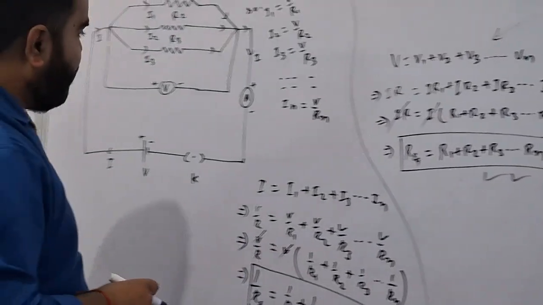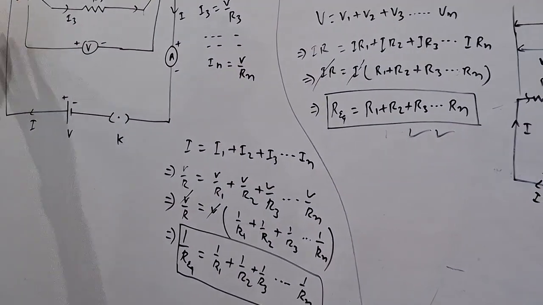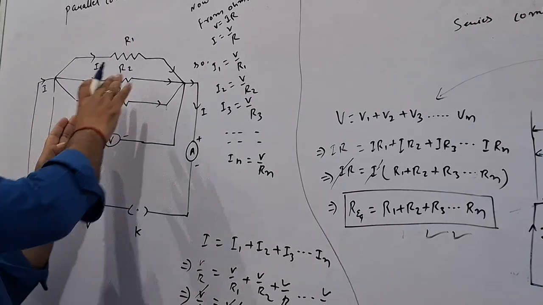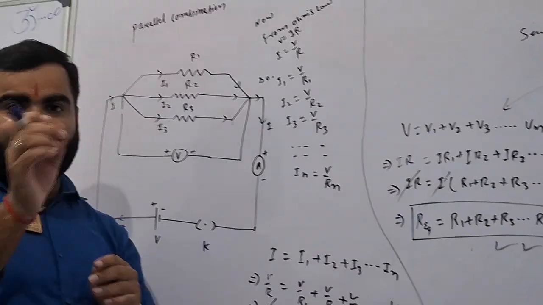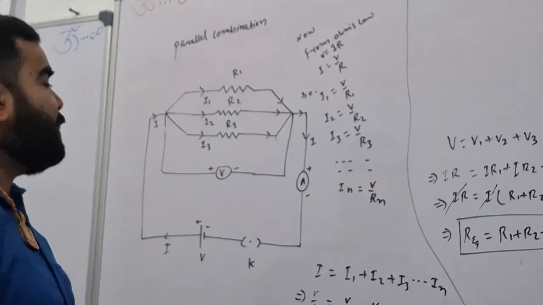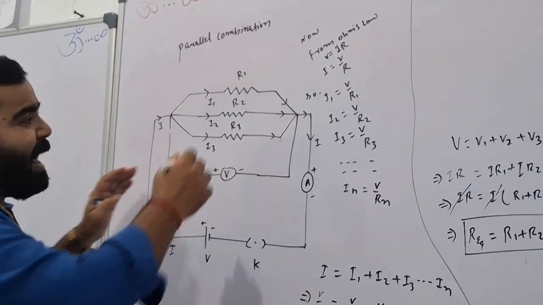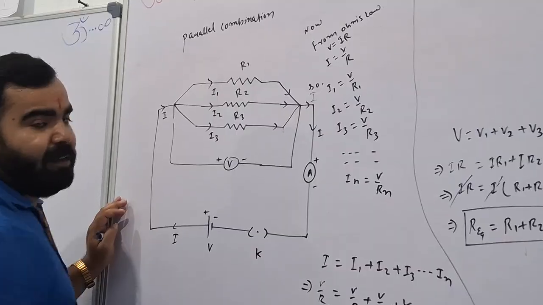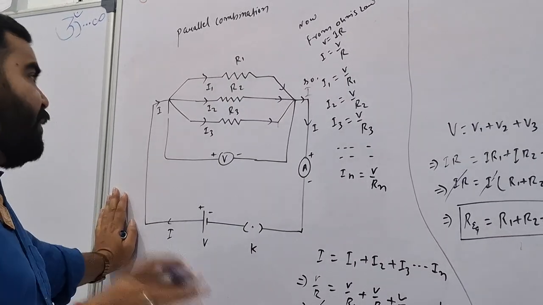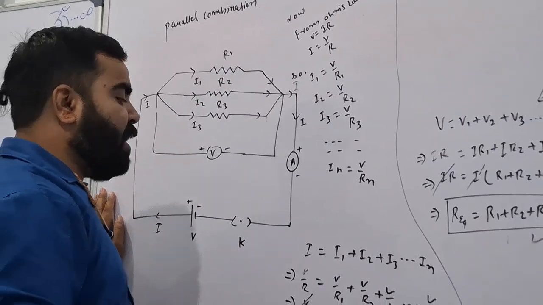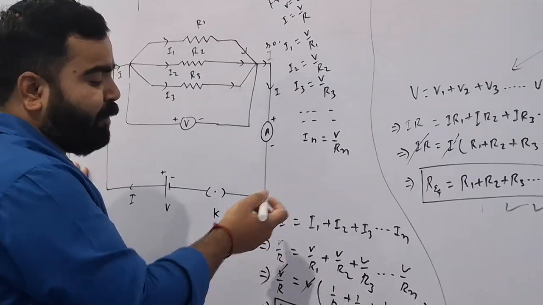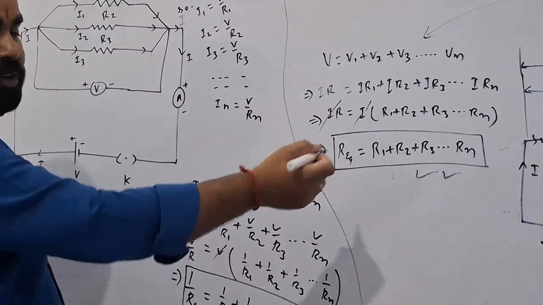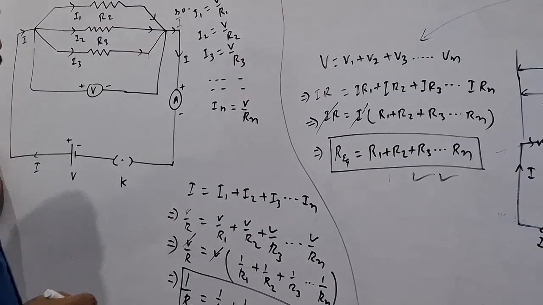Now the summation of all the currents passing through all these different supply lines, these resistors, would all sum up at this point again and it will become I. Now, let the total current be I. I is equal to I1 plus I2 plus I3 up to In.